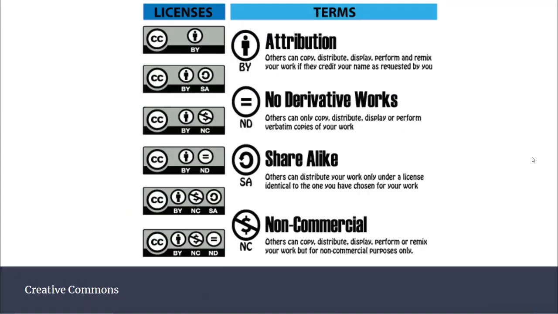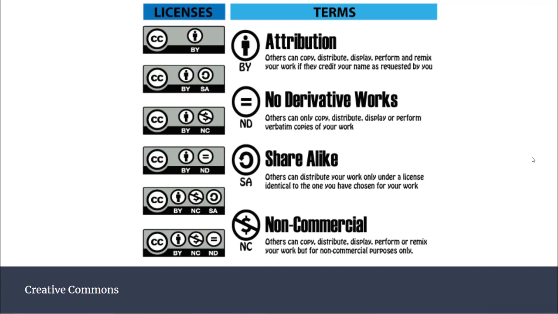Now I want to briefly do an overview of Creative Commons licenses. As I mentioned before, an important part of open access is that they have a more permissive approach to copyright than has traditionally been the case in academic publishing. This means that, in practice, basically all open access journals publish their articles under some variation of a Creative Commons license. So it's really important to understand these licenses so you know what kind of license will apply to your own work. Many journals also allow you to choose what kind of license you want to apply, so understanding the difference will help you make an informed decision.